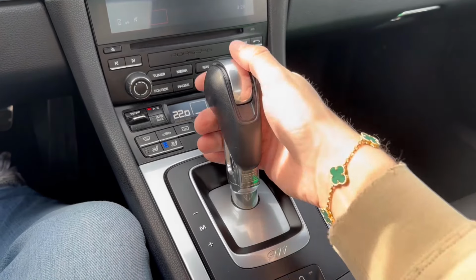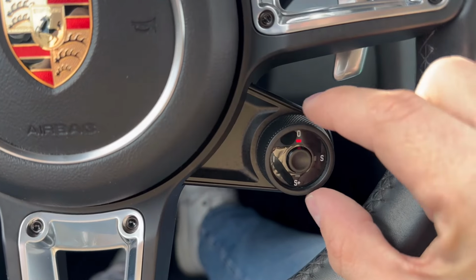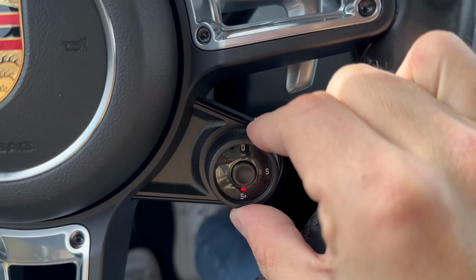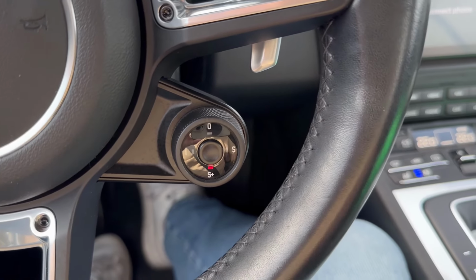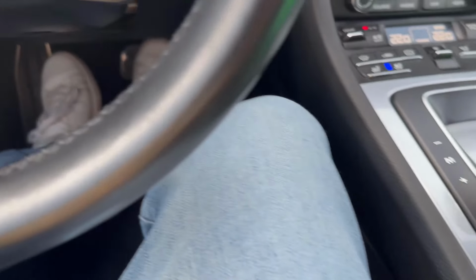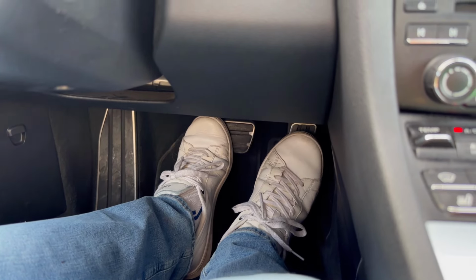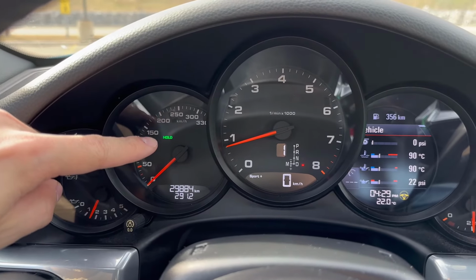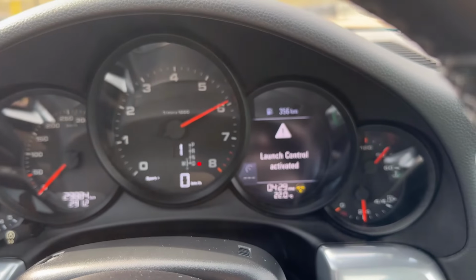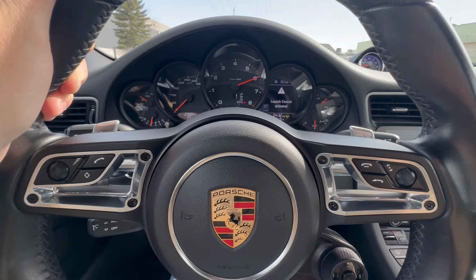Once you have verified all that, you are going to put your 911 into drive. You can leave it in automatic, and you are going to put your selector into Sport Plus, the S Plus, and it should be noted that you can do this with traction on or traction off. So down here with the left pedal, you are going to hold it very firmly, and with the right pedal, you are going to press it fully, and that will engage both the hold button up here and the launch control active there. So with all those steps, launch control active,